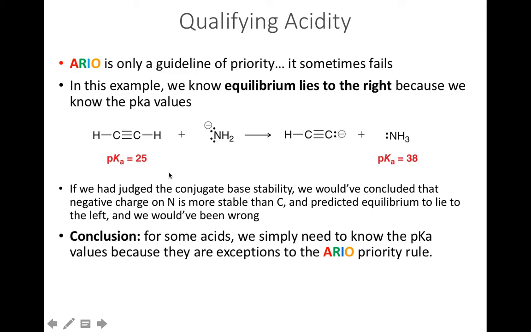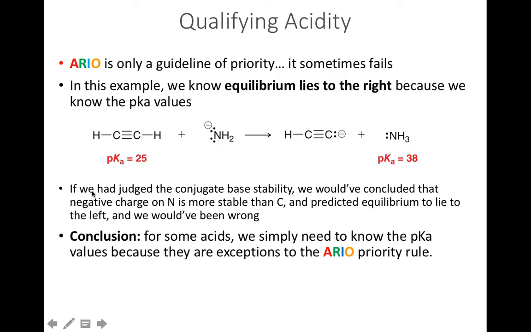But that's not the case. The equilibrium lies to the right, indicating that this is the more stable conjugate base,